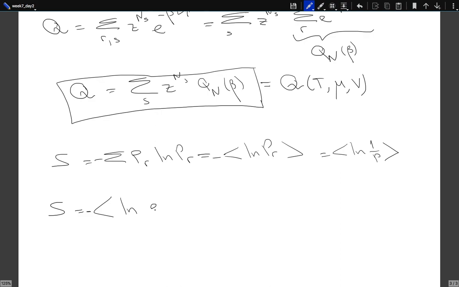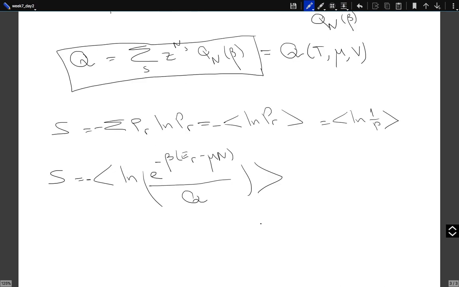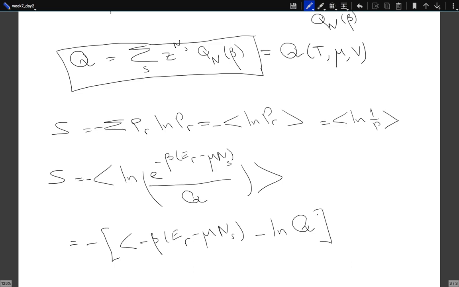Well, the probability is e to the power minus beta (E_R minus mu N_S), divided by this Q. Or let's say this is equal to minus the average of minus beta (E_R minus mu N_S) minus the logarithm of this Q, average,